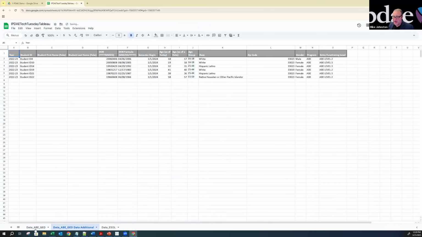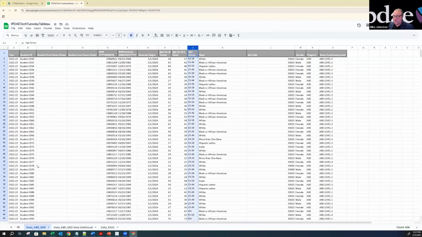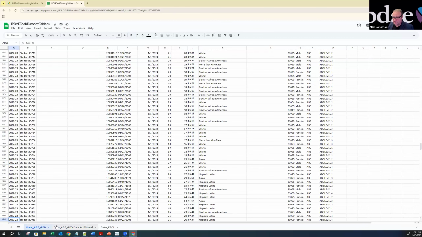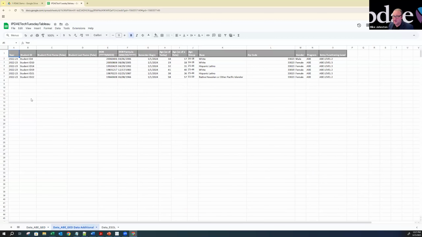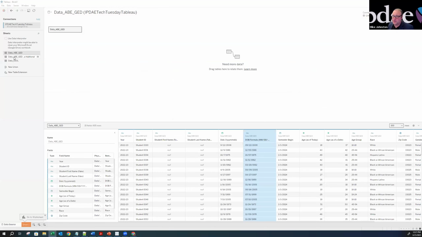I'm going to show you how easy it is for us to append or add these two data sets together. Basically, I want to add this 605 student level data field lines to this additional 6 data lines. In Tableau, that is very simple to do.